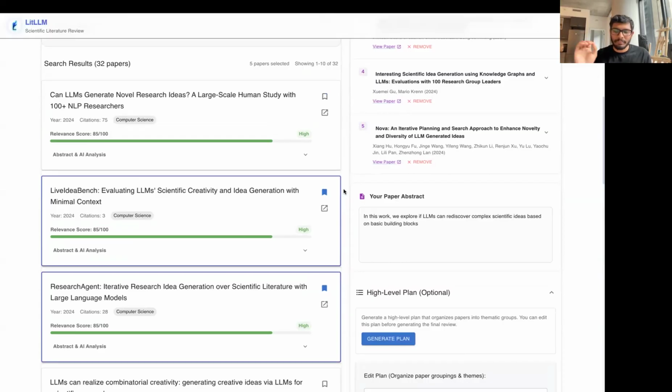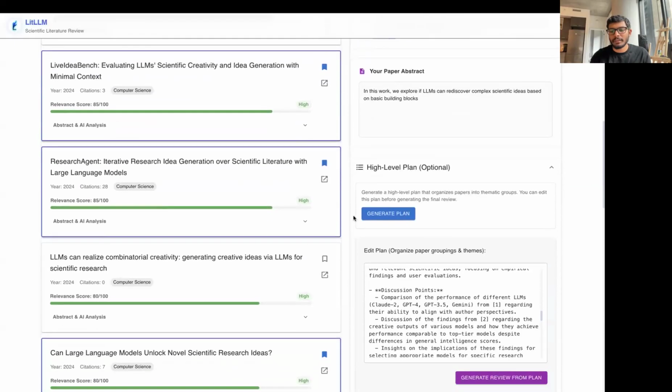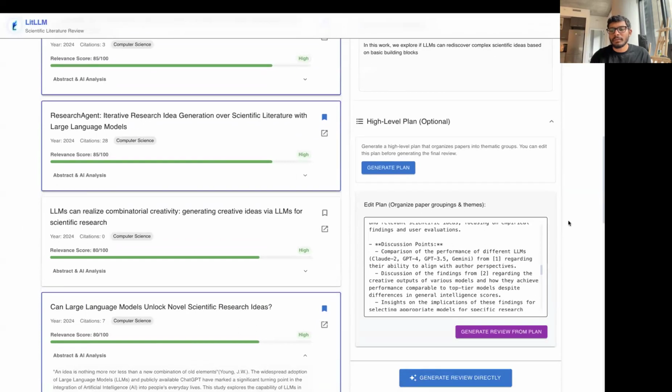The major job it has to do is this re-ranking job, and for this apparently even smaller models are good enough. Maybe for writing the review, if we switch to a bigger model, they are going to follow your instructions better, and maybe they're going to come up with a better plan. So for the second step, if you include the most recent LLMs, it's going to